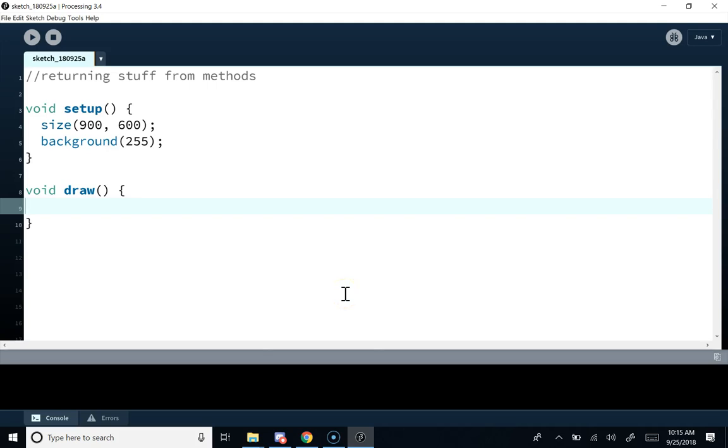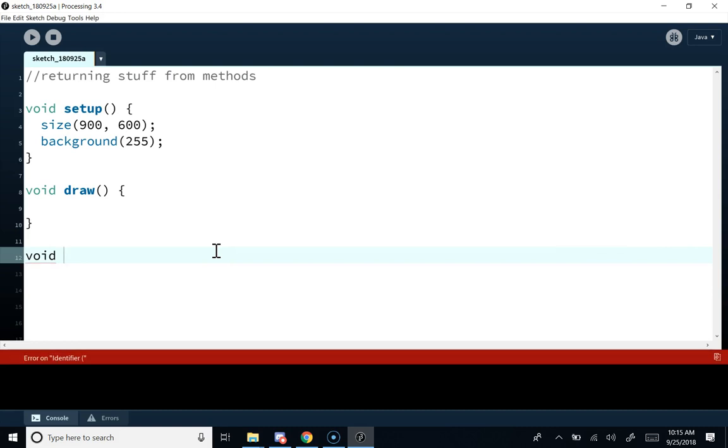Okay, so new thing. I think we learned how to make methods last time. Yes? You'll remember making methods just like 2 minutes ago? Okay, now I need to make a method that returns something. So I remember that if I want to make a method, I can declare a void and a method name. I'm going to call this method